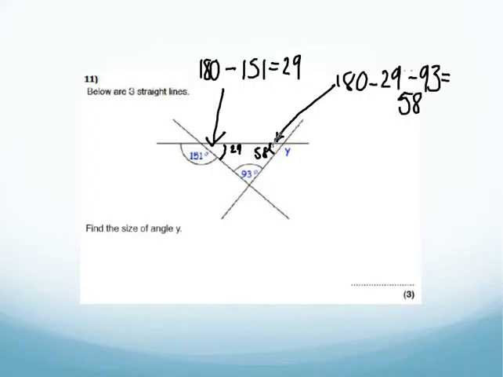And now I've got this angle and it's on a straight line, I can now find Y. So Y is equal to 180 minus 58, which gives us an answer of 122 degrees. So many angles questions are like this, certainly the tougher ones at the end of a paper,